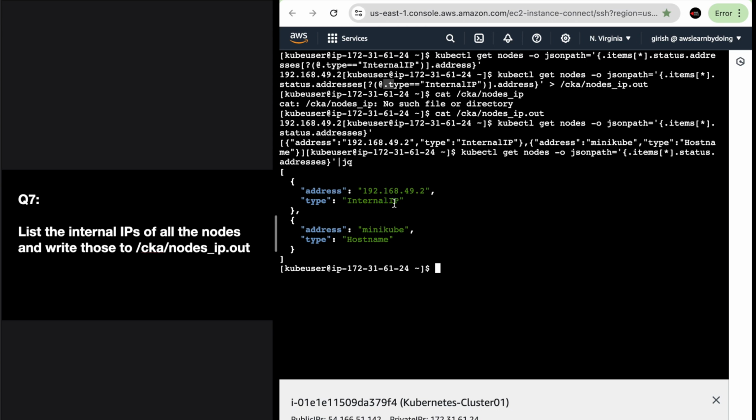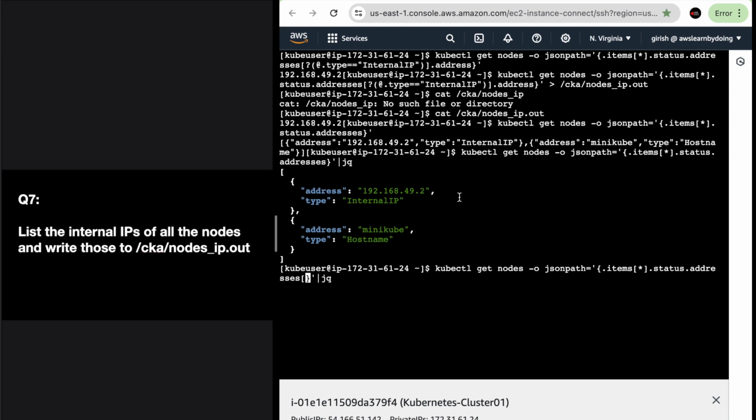So show me those records where type is equal to internal IP. You can work with JSON path and try it yourself, but I just want to explain it. Instead of moving to the next question, I just want to take a few minutes and explain how this is arrived at. So you can see this is an address, and this is from the addresses array we are able to see this. So literally what you can do is, instead of using that